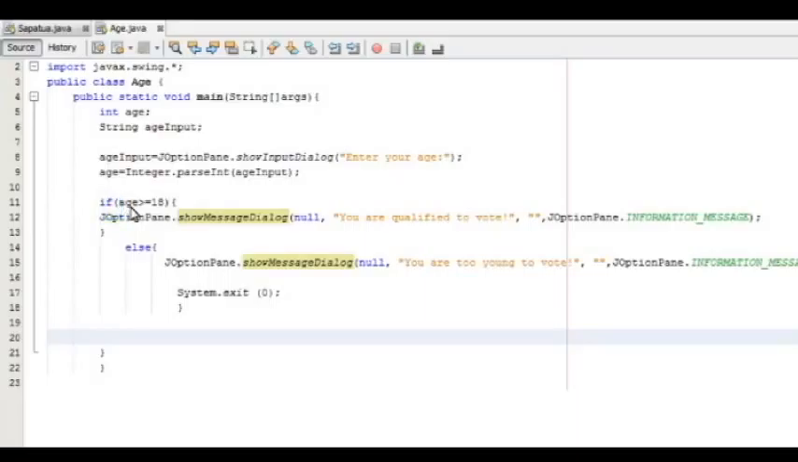If (age is greater than or equal to 18) { JOptionPane.showMessageDialog(null, "You are qualified to vote!", "", JOptionPane.INFORMATION_MESSAGE);